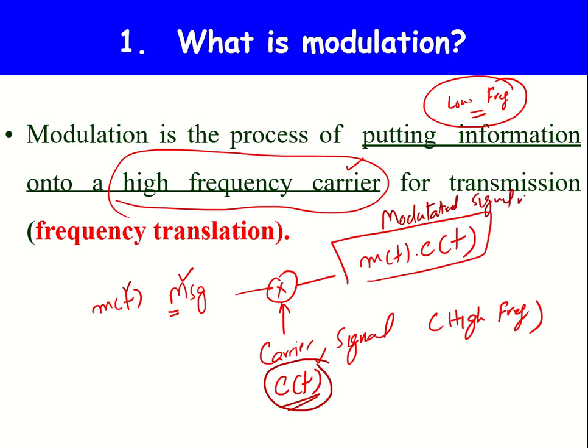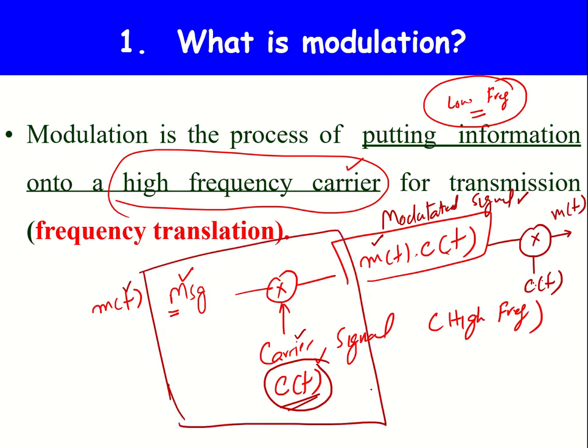Once we get a modulated signal, if you want to get your original signal from it, what will we do? We will again multiply with the same carrier, and if you multiply these two, this will give us only the message signal. How? This we will learn in this chapter. This process is called modulation, and if you get a modulated signal and multiply it again with a carrier to get your original signal, this is called demodulation.